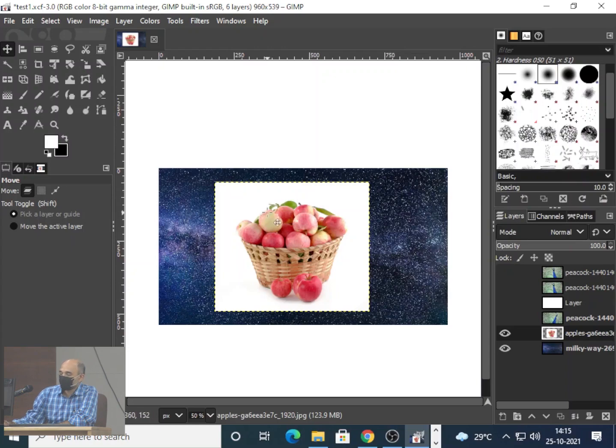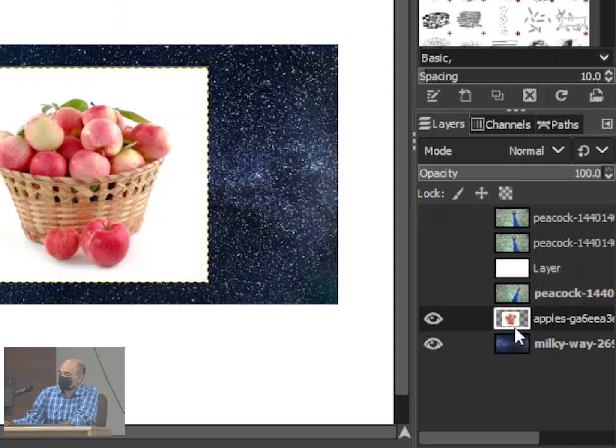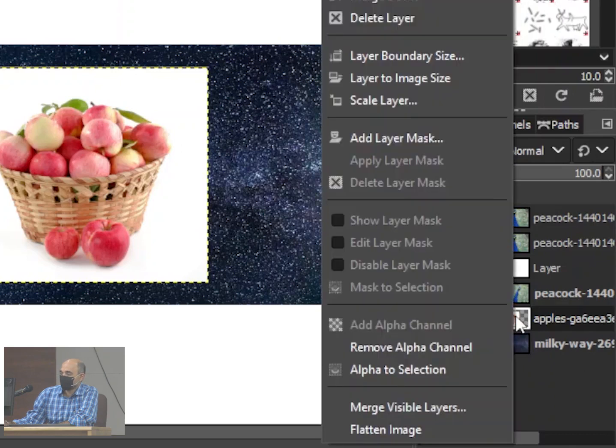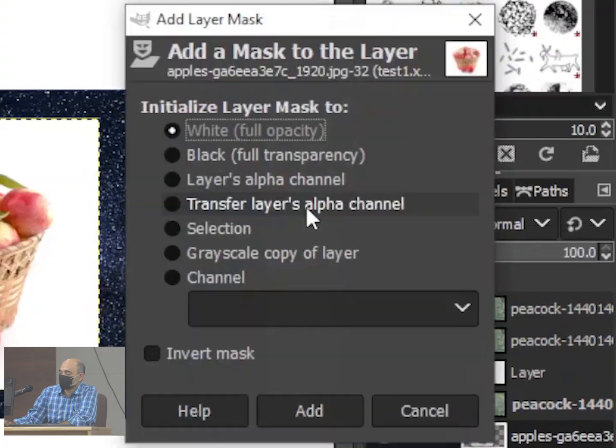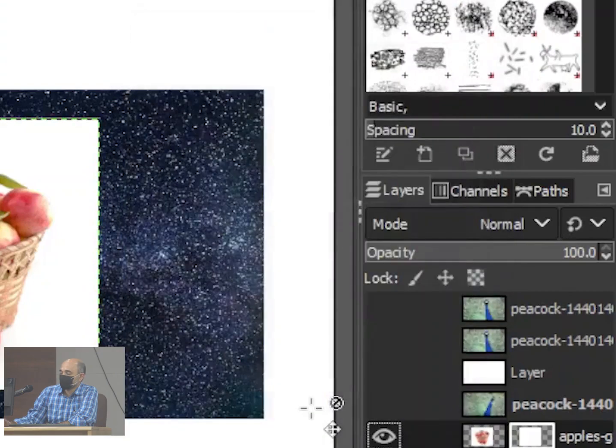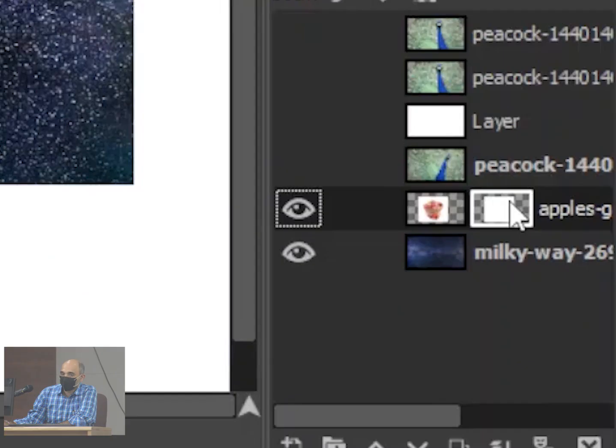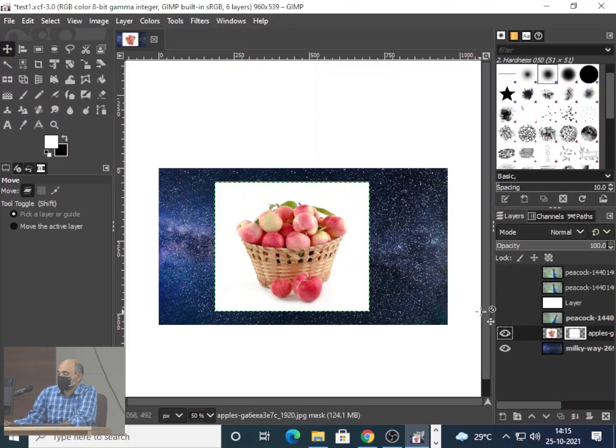Okay. So if you right click on the layer, you will get an option there, add layer mask. Okay, so there is an option there which will tell you that I can add a layer mask to this, and so what I will do is I will add a layer mask and white will be full opacity. I say add. Can you see the mask? Now what does it say? Now if the mask is applied, it is full white, right?